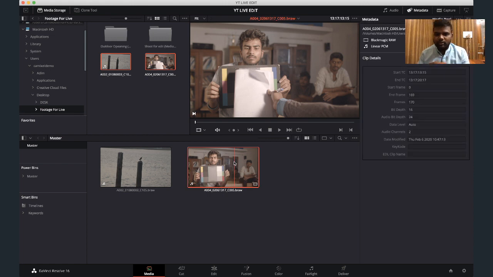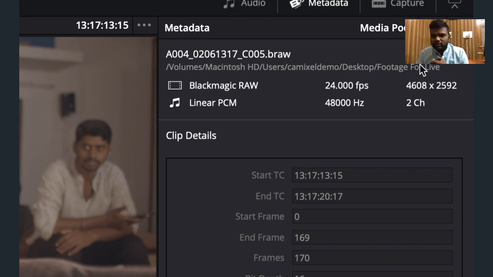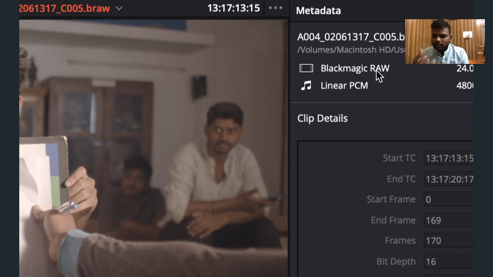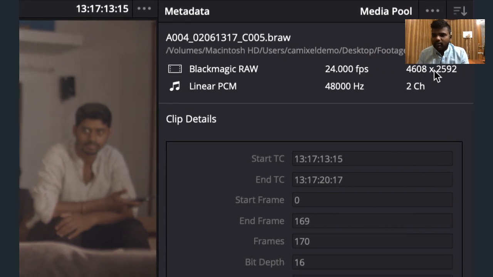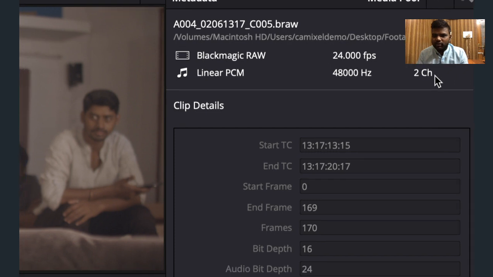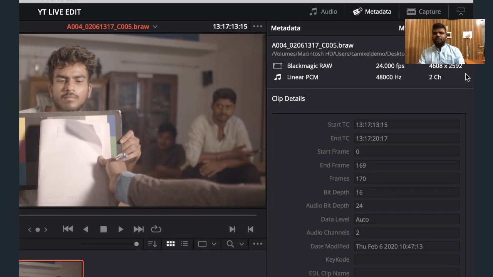So I'll click a particular shot. So with this shot, you can see the complete details. So what is the shot name, what is the duration of the shot, and what is the codec or what is the format. So as of now, we have a Blackmagic RAW footage, and it is a 24 fps footage, and this is a 4.6K resolution shot with Ursa Mini Pro, and you have two channels of audio, and the audio is 48 kilohertz. So yeah, these are the basics you need to know to understand what kind of footage it is. So in some areas you will be having 50 frames, 60 frames, 120, 150 or 300 frames also. So right now